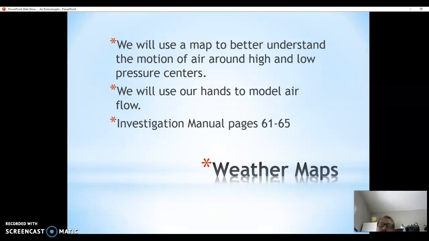All right. So that's important because the motion that our hand is making, both our palm going up or down, the clockwise or counterclockwise motion, and whether the air is moving in towards the center of the low or out, is all modeled by our hand. Okay, so I'm going to have you maybe pause here and give that a shot before